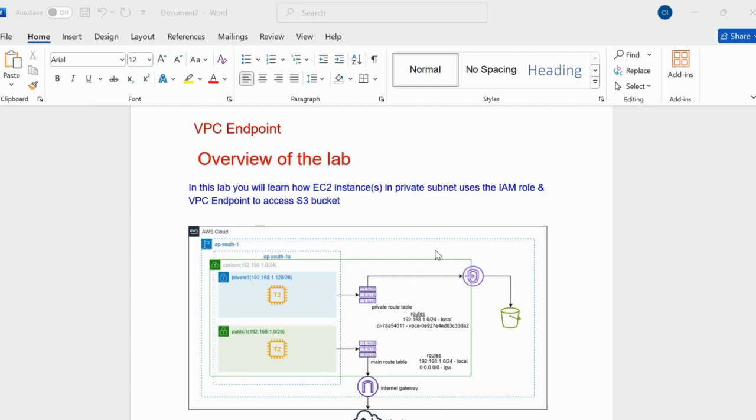I'm Usahon Ilobun. I'll be your instructor on this lab on the AWS console. What we'll be looking at is the VPC endpoint, and the overview is that in this lab you will learn how EC2s in a private subnet use the IAM role and VPC endpoint to access your S3